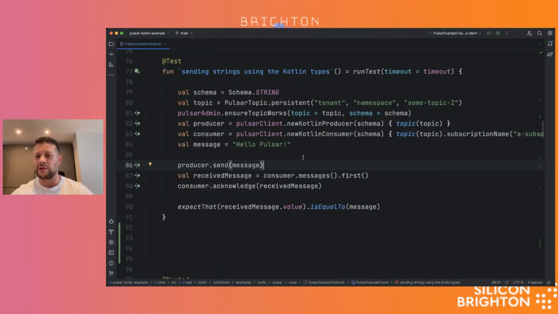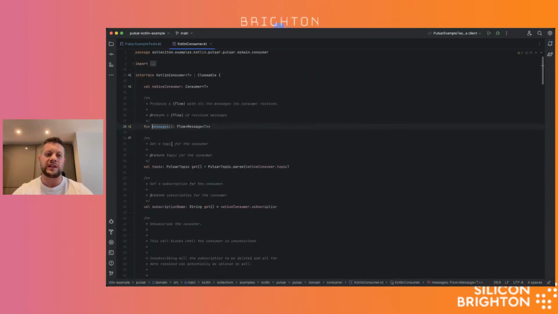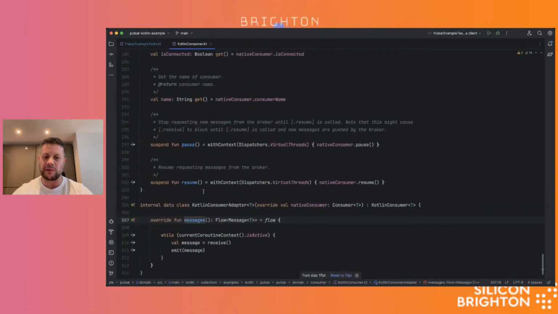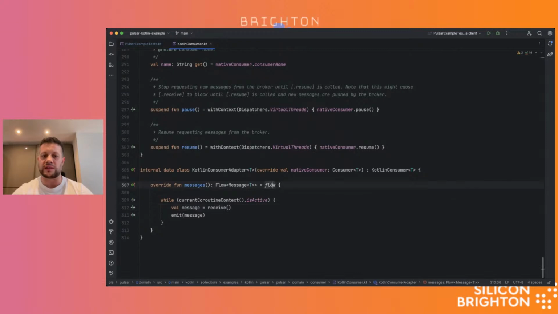And so if you create a consumer with these 500 messages available, the broker pushes messages until it has either delivered 500 of them or until the consumer will have renewed this quota. And so this is all transparent. If you see the implementation of this flow, it's quite straightforward to basically implement this kind of behavior in Kotlin. And the way you do it is you can use the flow builder function here. And what you say is, as long as my coroutine context is active, so this gets canceled very gracefully as well, keep receiving messages and emitting them. Okay.